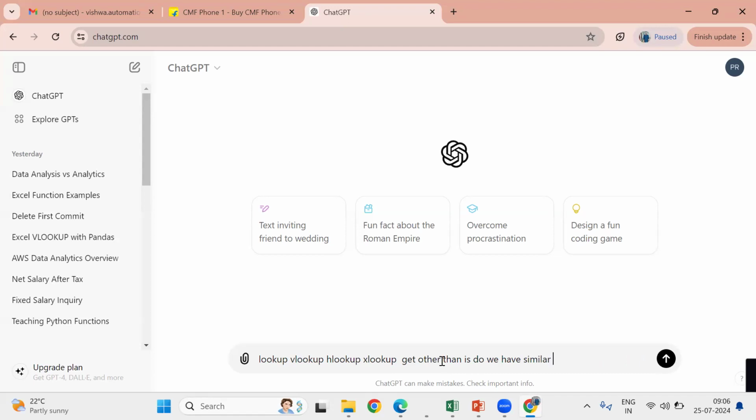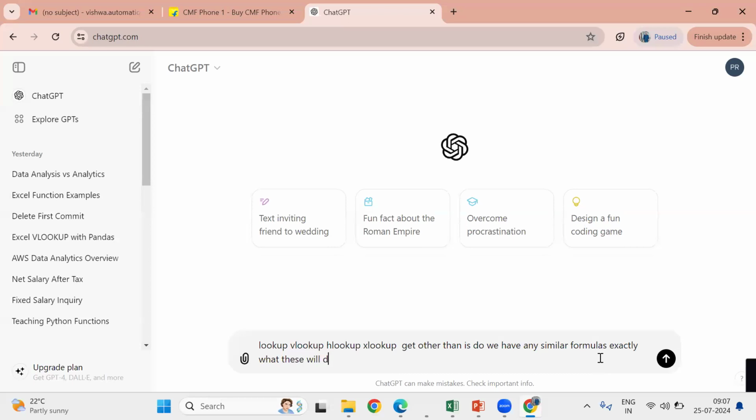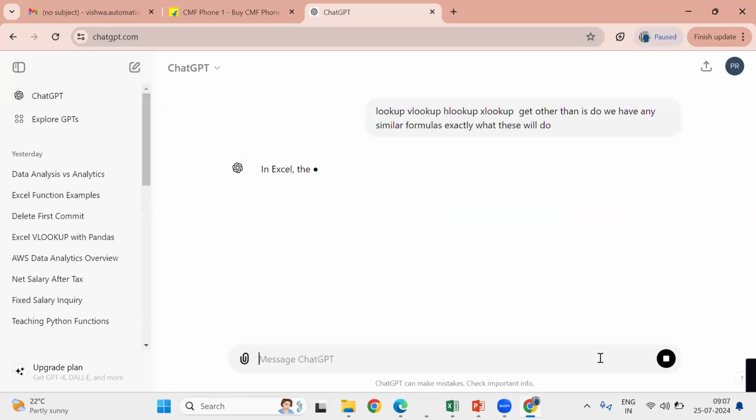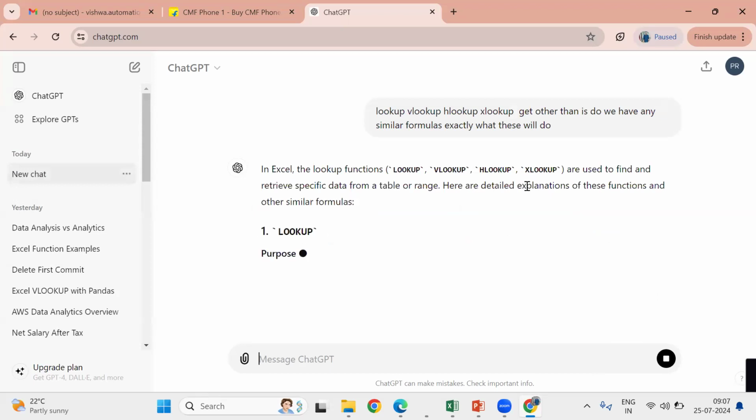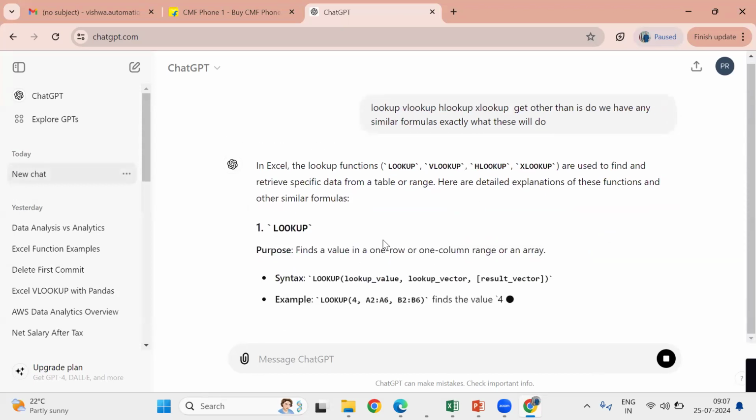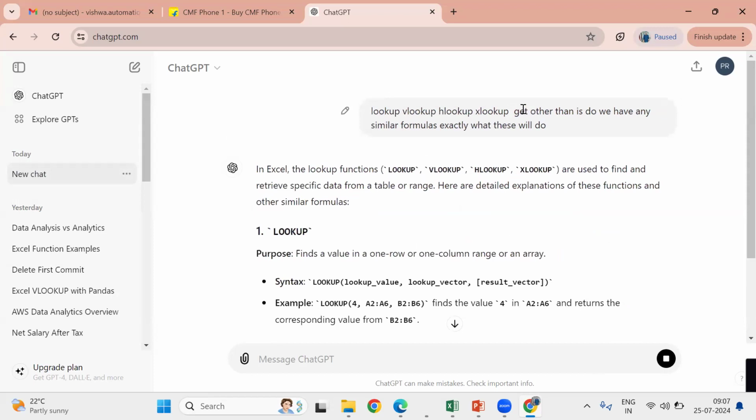Do we have any similar formulas? Exactly what will this do? After that, it will give the answer. See, in real-time scenarios, many of them will be using DGET, and many of them will be using